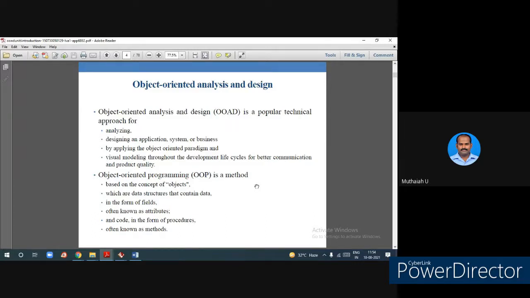Now we are going to do analysis and design using object-oriented concepts. You got the idea? So now, the word added is object-oriented. Already you are familiar with analysis and design. When you write C programming, you write an algorithm, you write a flow chart, then you go for writing the program. That is analysis and design. Already you are familiar. Now one step ahead, what we are adding now is object-oriented analysis and design.